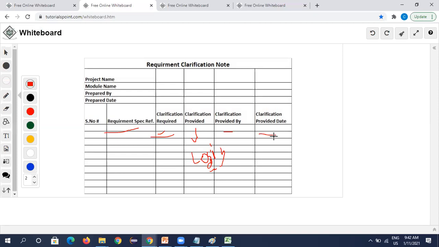So by going through this you will have a clear idea. When a developer has kept the text as sign in, you can raise a defect: as per the requirement document it is login, but you have sign in, so please fix the defect.